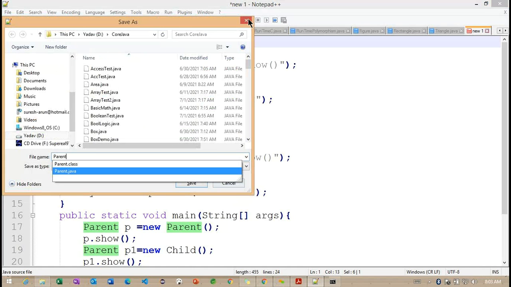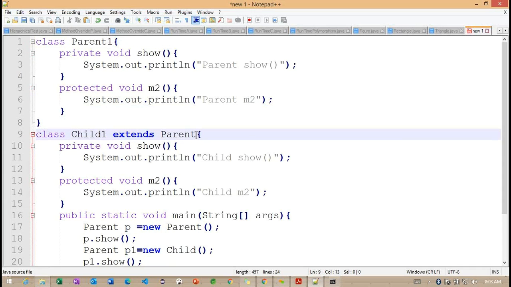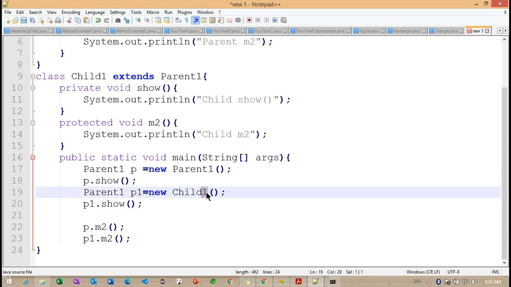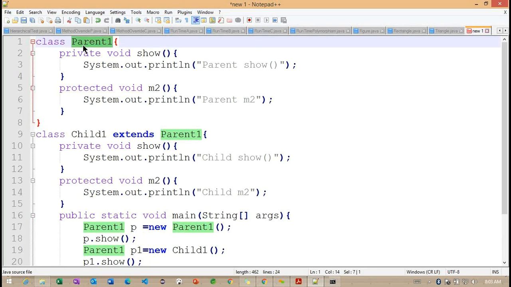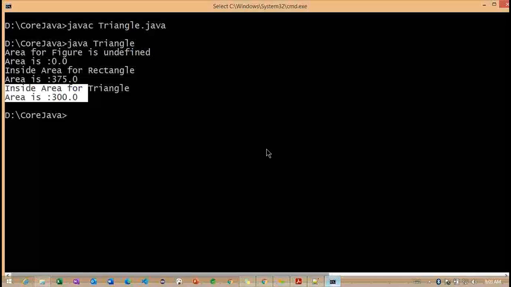We are already having parent here. Okay, I want to change parent to parent1 and child to child1. So I made parent1 and child1 because we are already having one more class called parent here. Let's see.